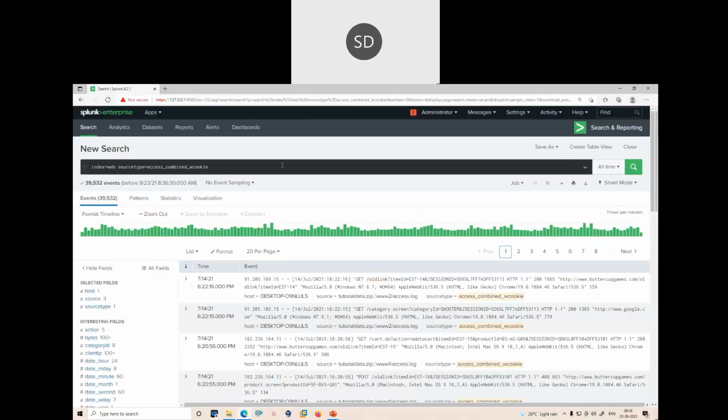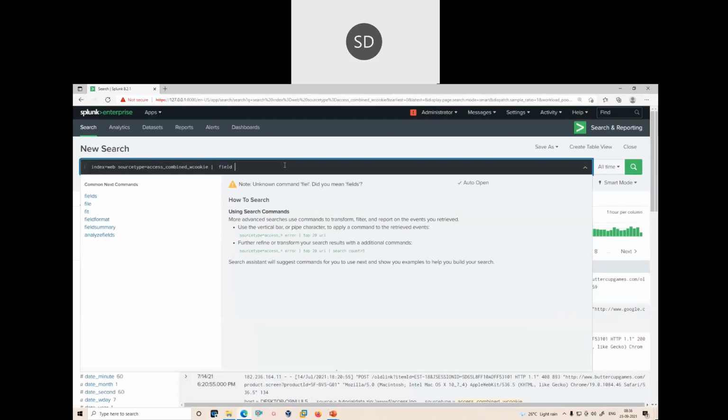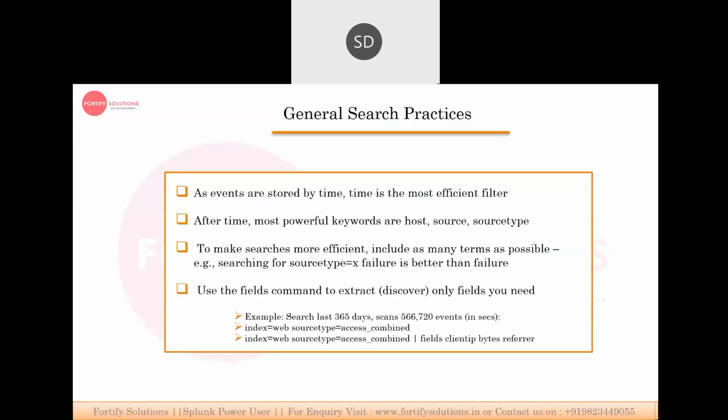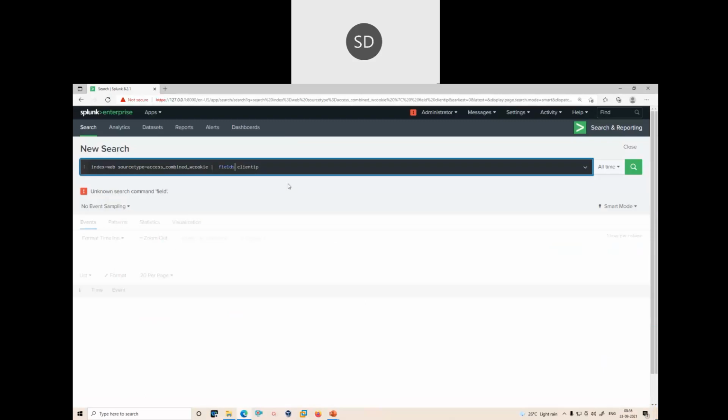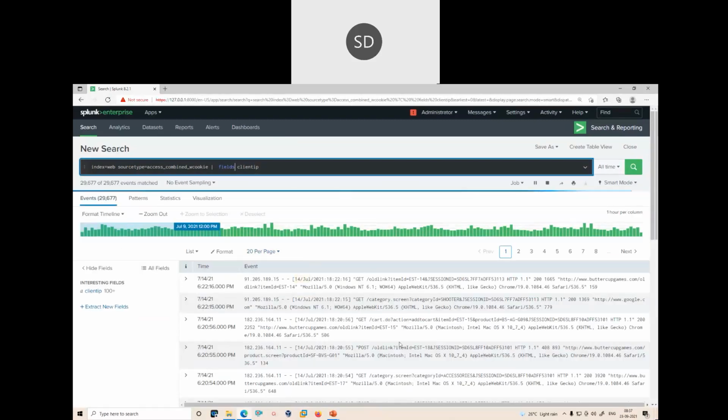Now let's suppose you want the field client IP. It will show you the fields related to the client IP.